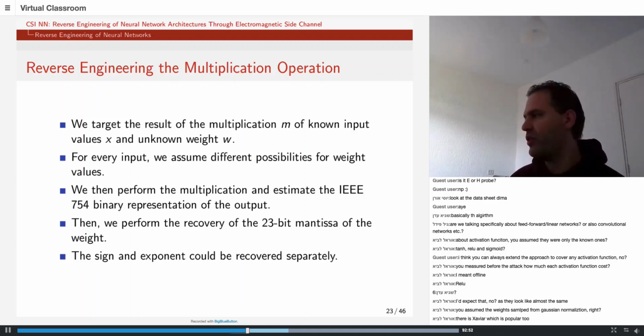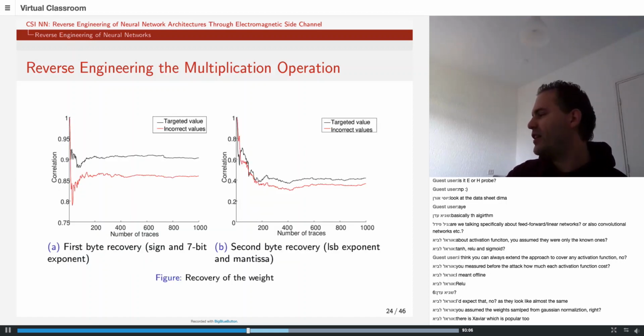For every input, we assume all possible options for the weight. We do the multiplication, we recover the mantissa, we recover the sign and exponent separately. And this is how it looks. On the y-axis, you can see the correlation, and the black line is the correct guess or the targeted value, while the red line is an incorrect value. You can see that when our weight guess is correct, we have a higher correlation than for the